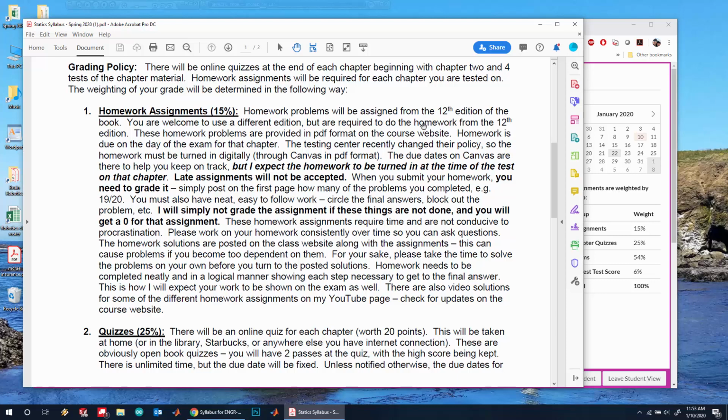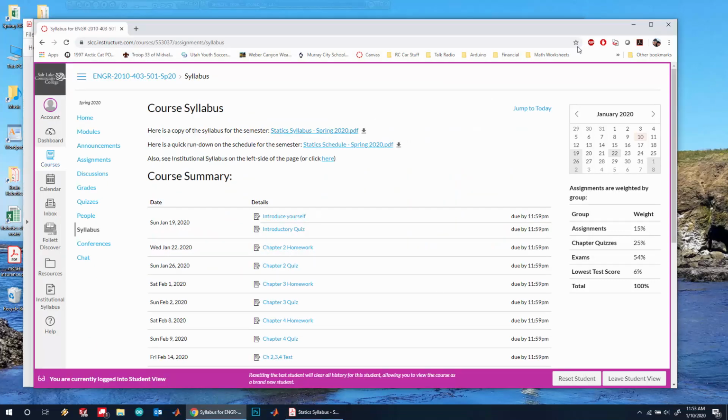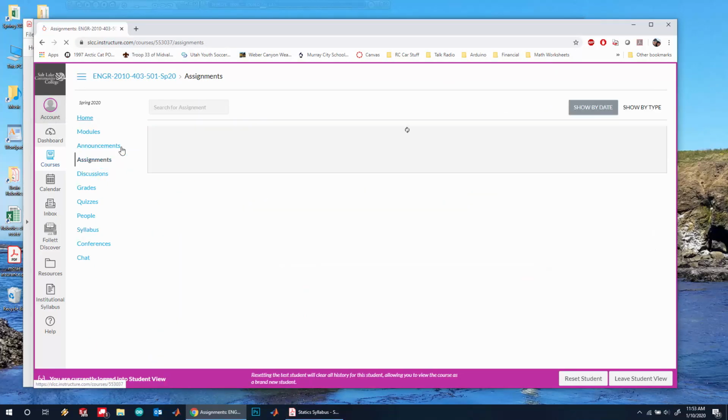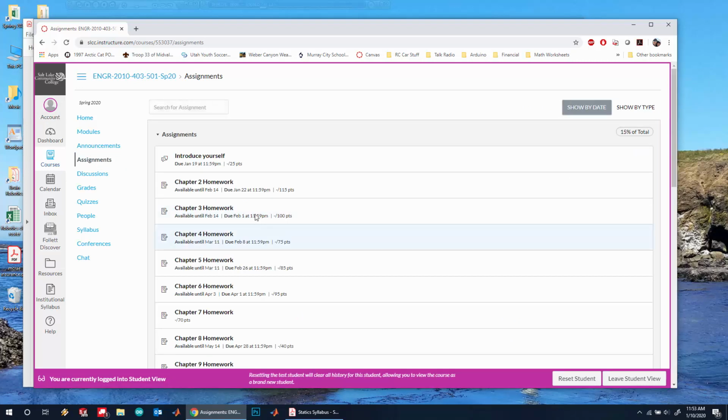You can use any edition you want for the content, but you need to do the homework from the 12th edition of the book. If you go under the assignments, there are actually multiple ways to get there, and I'll show you that in a little bit. But if you look at, say, Chapter 2 homework,